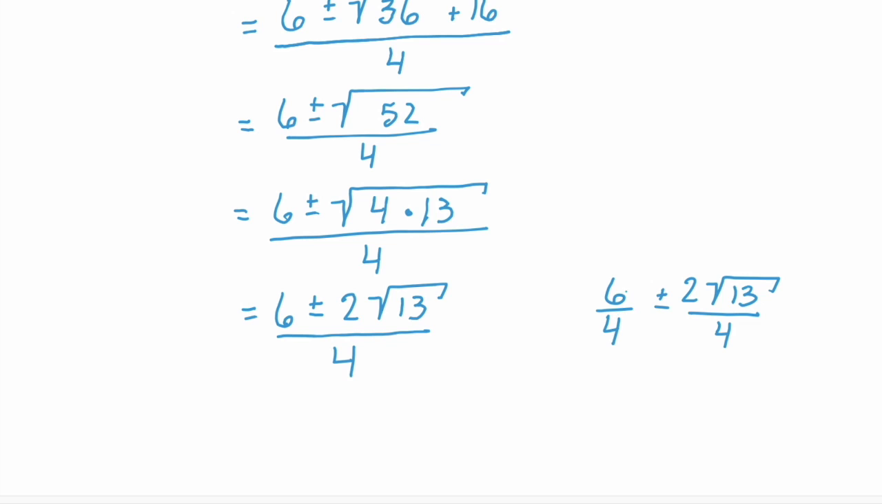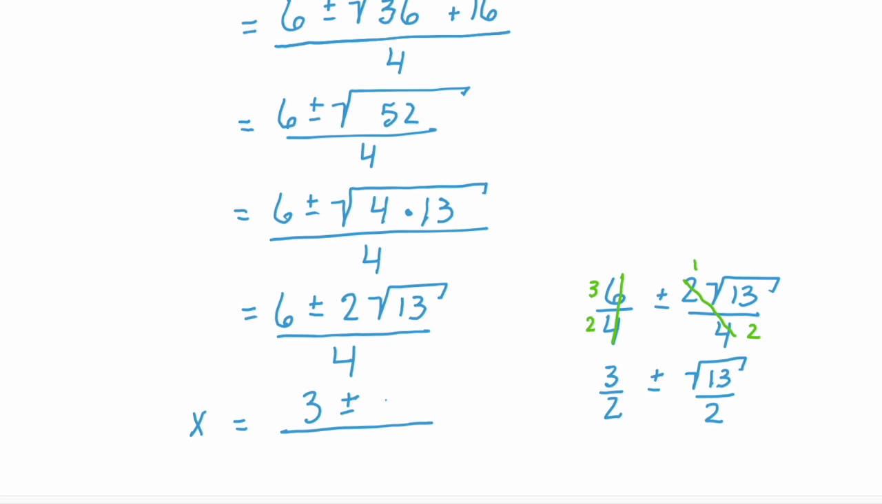So 6 over 4 simplifies to 3 halves. And 2 square root of 13 over 4 simplifies to the square root of 13 over 2. Because the 2 and the 4 simplify to 2 and 1, right? And the 6 and the 4 simplified to 3 and 2. Then you can put it back together into one fraction of 3 plus or minus the square root of 13